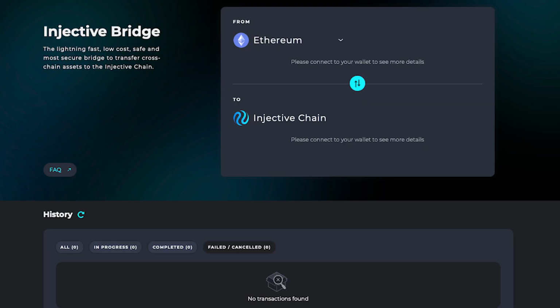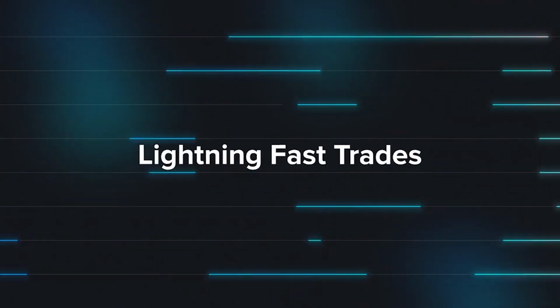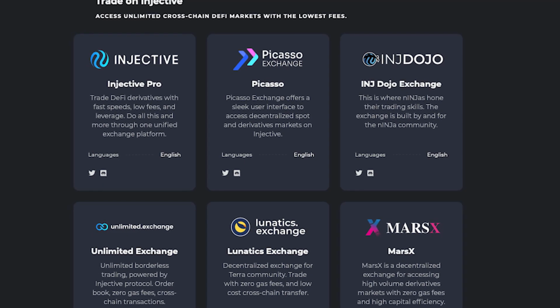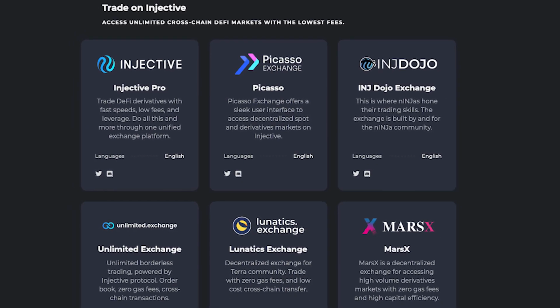So please remember this. If you're watching this and you have been just trading via Binance or via other crypto exchanges, there's no gas fees there because you're trading in a centralized manner. But when you go decentralized, when you do a wallet-to-wallet transaction or when you do something that's cross-chain, you can't actually trade from one chain to another unless you bridge. And when you do that, it costs a lot of fees as well. So the Injective protocol, INJ, allows you to do that in a very fast way with fast transaction finality and zero transaction fees. Injective also is able to facilitate trades across Cosmos-based projects such as Terra,